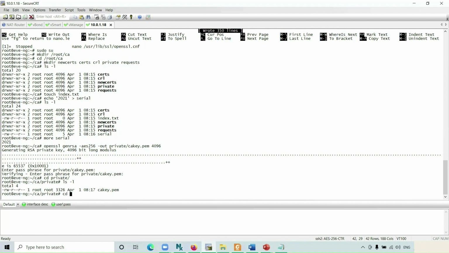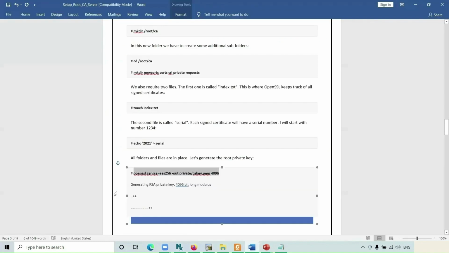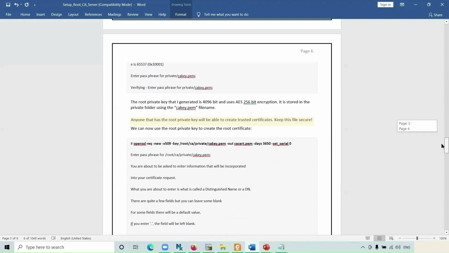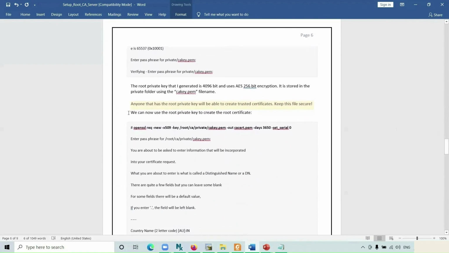Now what I'll do again, I'll go back, and the next command is to use the root private key to create the root certificate. I am going to create my root certificate chain, which will be used to validate the certificates coming under my umbrella, which means I will only be able to approve the certificates which are being issued by